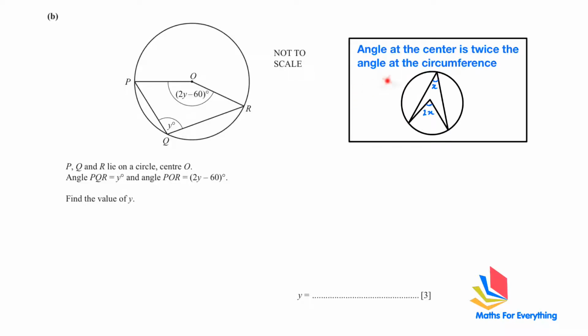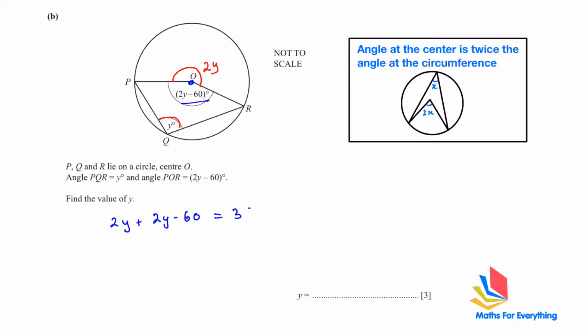So in this case, we are supposed to know this rule. Angle at the center is twice the angle at the circumference. So if the angle at the circumference is y, angle at the center is going to be 2y. The other thing you can see here is that this is a point here, and angles at a point equal to 360. Therefore, 2y plus this 2y minus 60